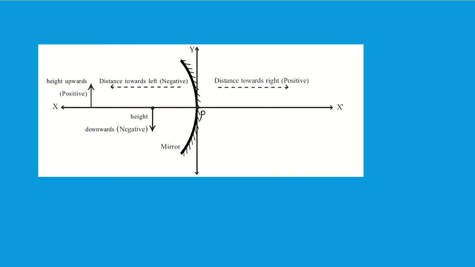Okay, now let's try to explain for concave and convex mirrors what are the sign conventions I have to put for the magnification and the object distance, right? Because we have different types of images for concave and convex mirrors. So let's talk about concave mirror first. Concave mirror. So what are the parameters we have related with the concave mirror? We have the object distance, image distance, focal length, radius of curvature, magnification, right?